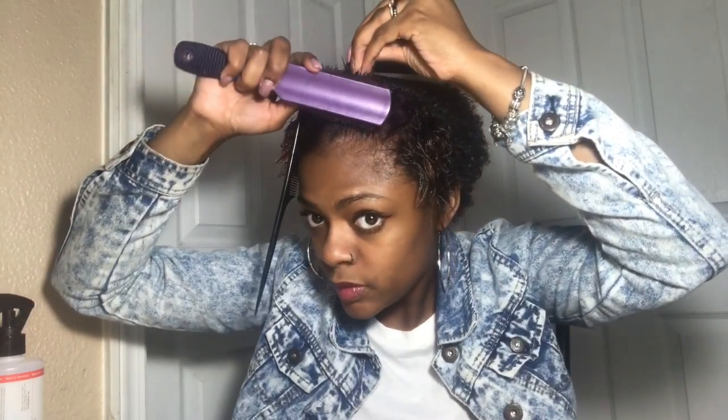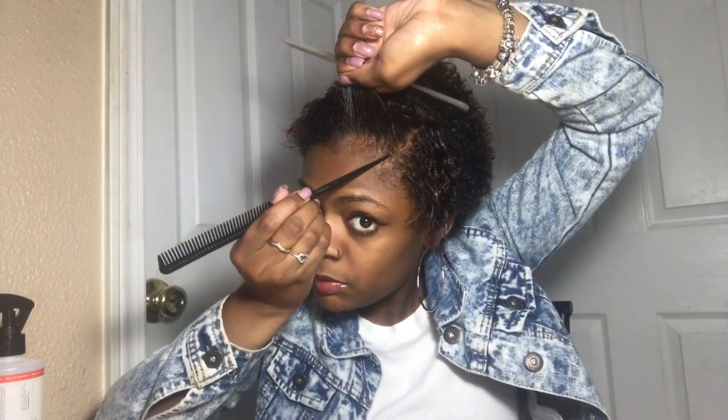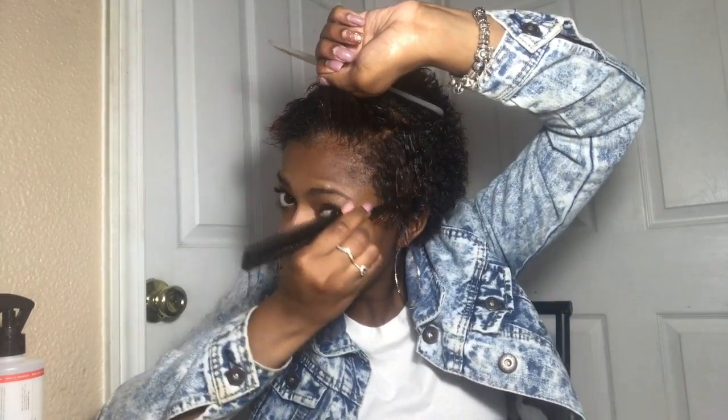Make sure you keep your part straight, well, as straight as possible. It doesn't have to be perfect. It'd be better if you had clips or something, cause I'm struggling, okay? But yeah, so you just brush it up into a small little ponytail,